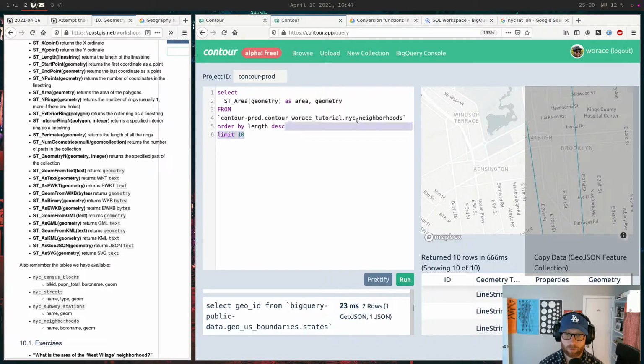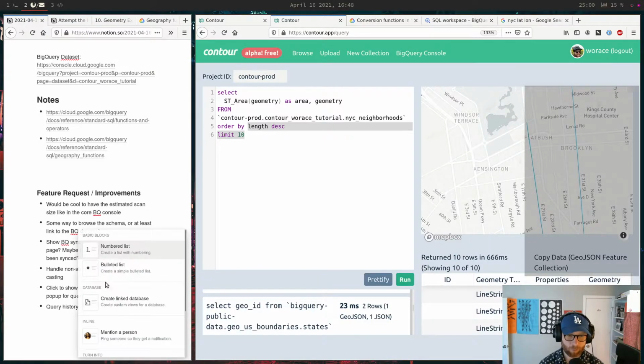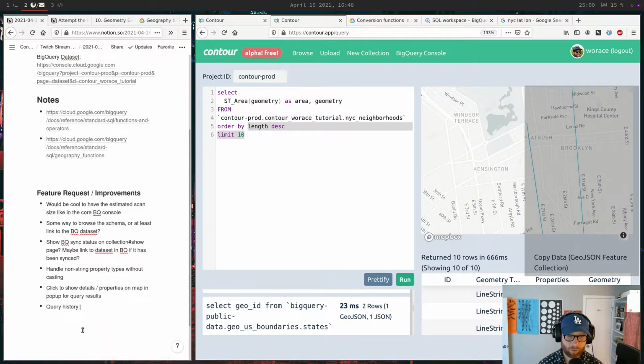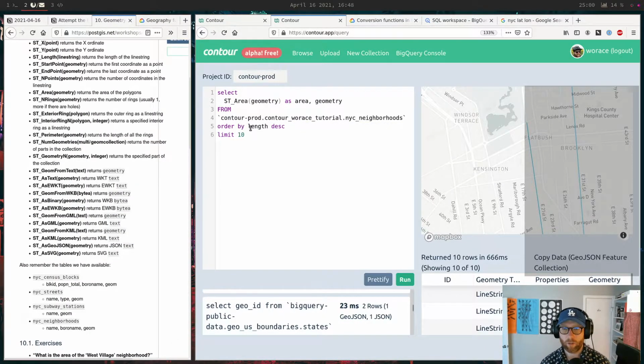This is cool. Oh, the other thing I should fix is this. This thing doesn't work. Query history restore. God, I hate that. Oh no. All right, what was I doing? From NYC neighborhoods, where properties dot name. Even if I left it nested, if I at least named it props, that would be mildly better, I guess. Properties dot name equals West Village.